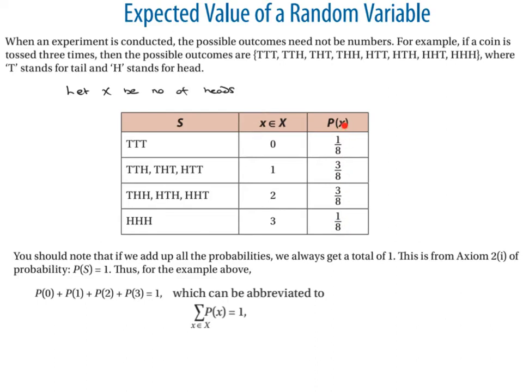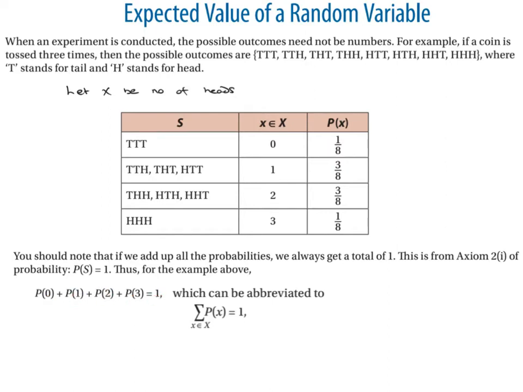Notice, guys, quite obviously that one of these things has to happen. Therefore, these probabilities here must sum to 1. If it doesn't sum to 1, you've made a mistake. And this is all it's saying here in this sentence. It's saying we always get a total of 1. So P of 0 plus P of 1 plus P of 2 plus P of 3, that's the probability of getting 0 heads plus the probability of getting 1, probability of 2, probability of 3, is all